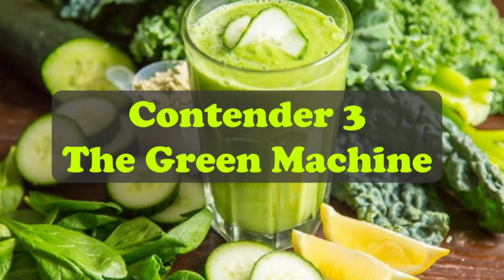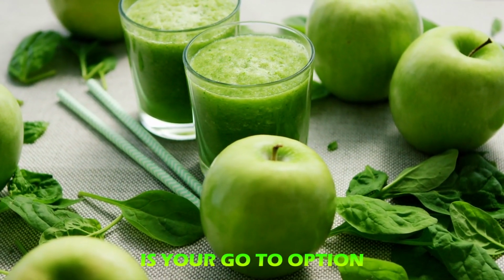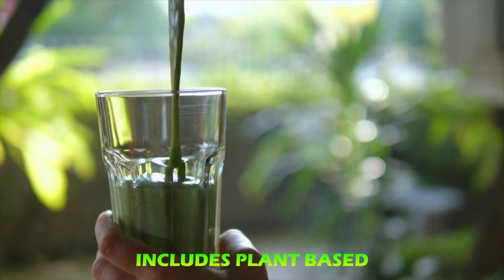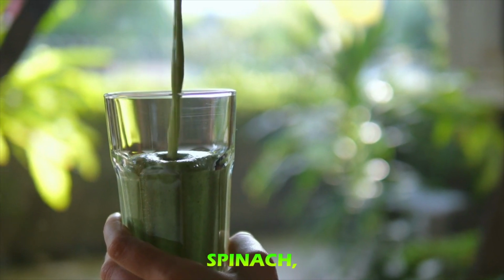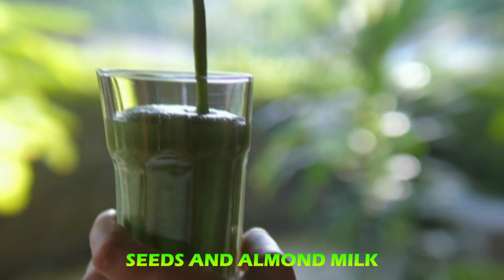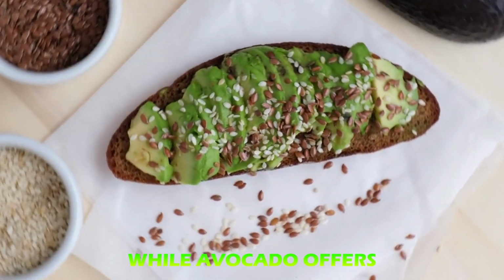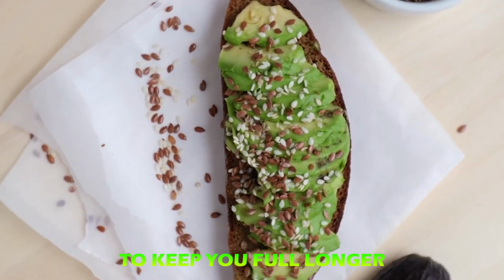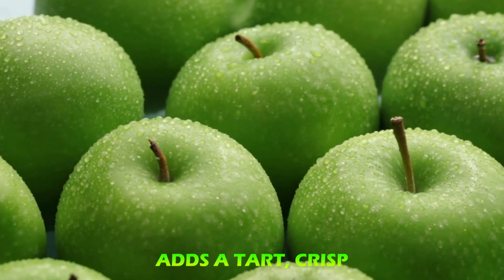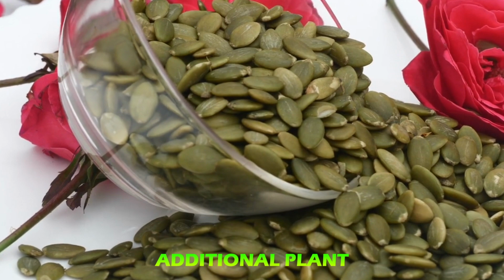Contender 3. The Green Machine. If you're looking to pack your smoothie with greens, the Green Machine is your go-to option. This vibrant smoothie includes plant-based protein powder, spinach, avocado, green apple, hemp seeds, and almond milk. Spinach is a powerhouse of vitamins A and C, while avocado offers healthy fats and fiber to keep you full longer. The green apple adds a tart, crisp sweetness that balances the greens, and hemp seeds provide additional plant-based protein